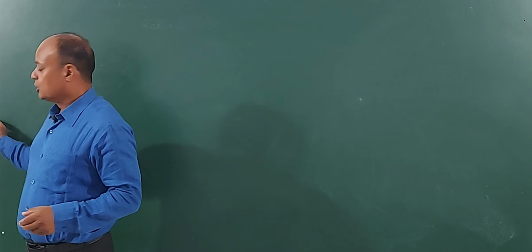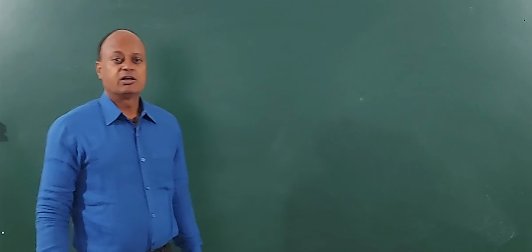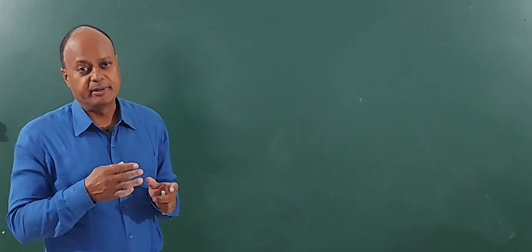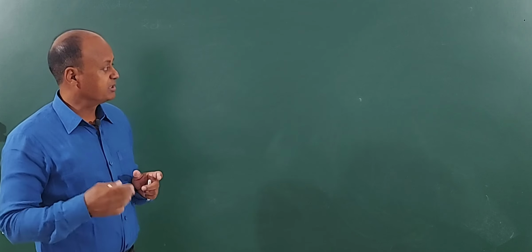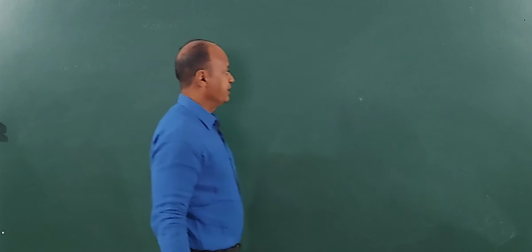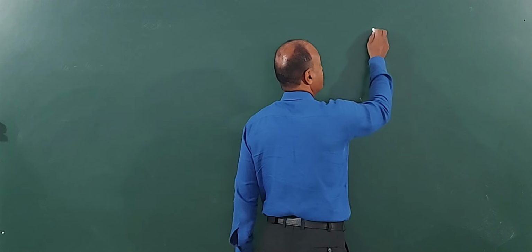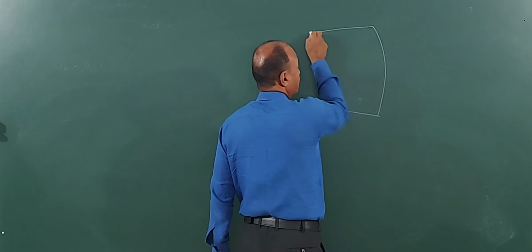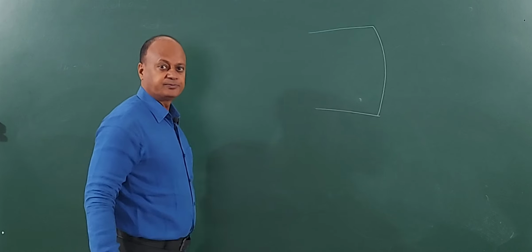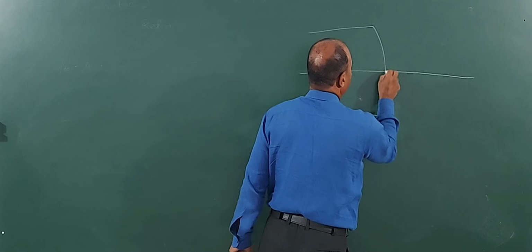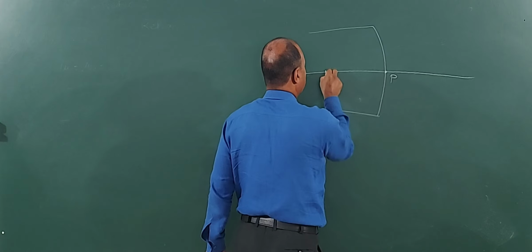Okay. Now children, we saw refraction through a convex surface when the object was kept in the optically rarer medium. Now, I will be seeing case 2 when the object is kept in a denser medium. Denser medium meaning, let us understand like this. This is the convex curved surface, and this is pole P, and the object is here.